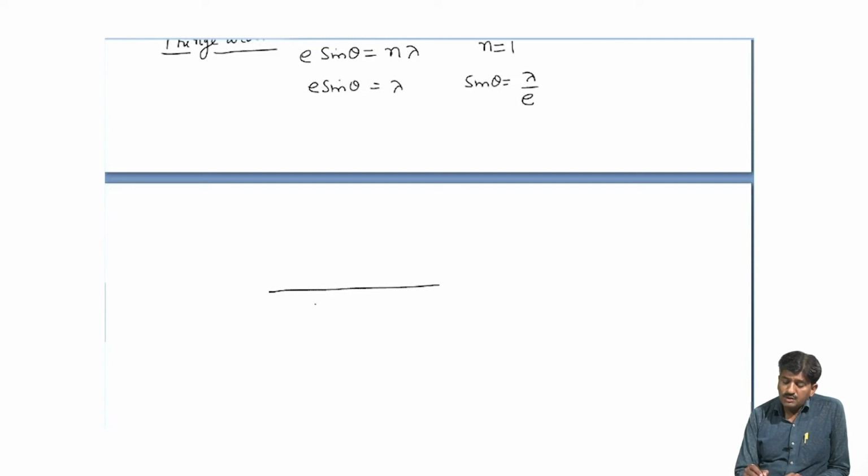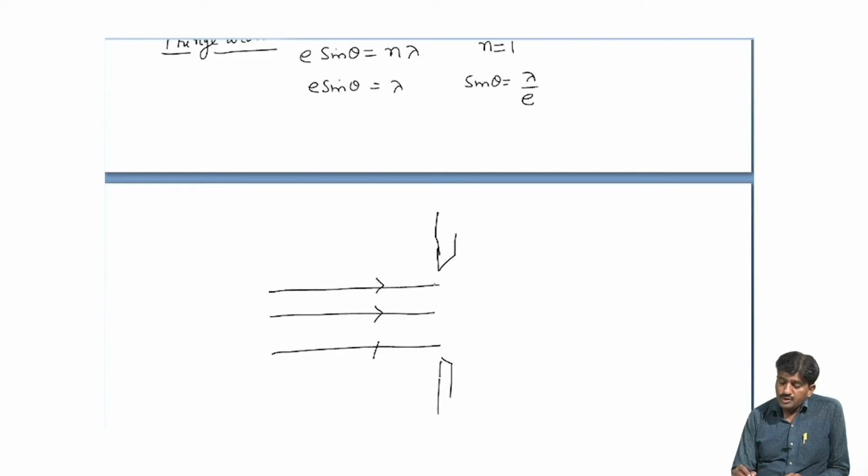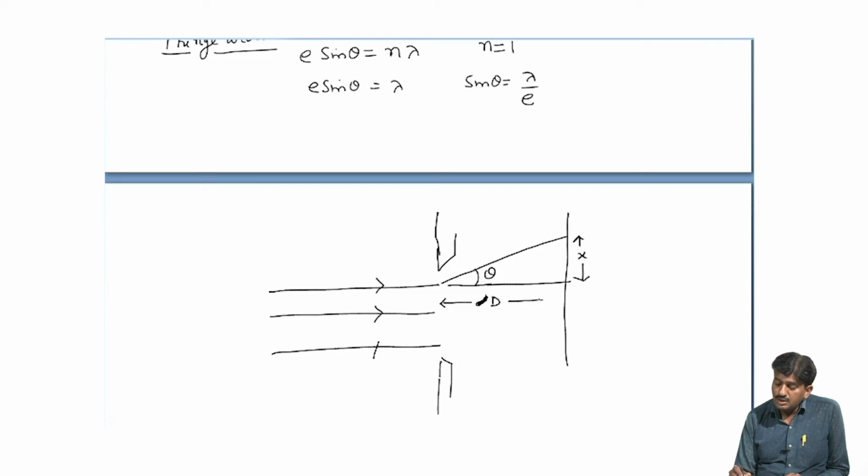Suppose this is the diffracted wave from the slit, diffracted by angle theta, and on the screen we take it as x, and capital D is the distance to the screen. From triangle AMN, sin theta becomes x upon capital D,